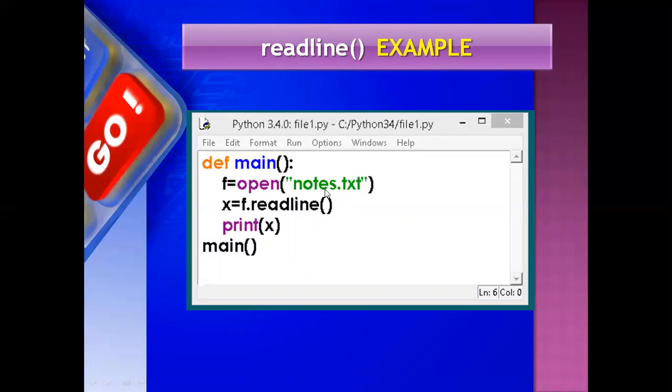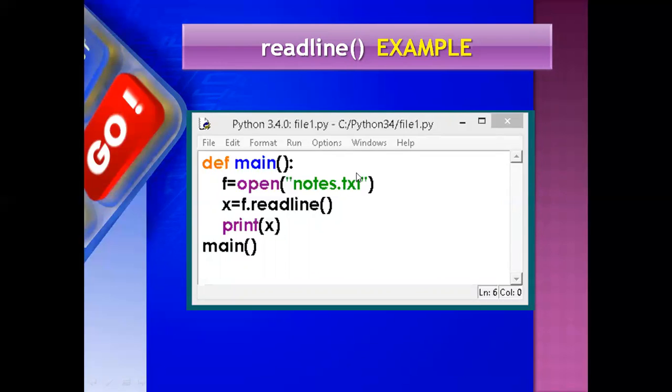We'll discuss how to create a file also, but first we are talking about reading. F equal, f is an object, equal is an assignment operator, open is a method which opens the file notes.txt. Txt means it is a text file.